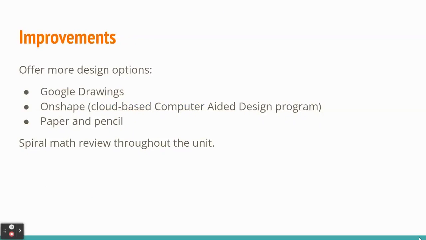After completing this project and reflecting on some challenges that we had during the course of the lesson or the unit, some things that I would certainly improve upon would be offering more than one design option. I would open up choice for students to either use Google Drawings, Onshape, which is another cloud based computer aided design program for 3D modeling, or even paper pencil for students who are more comfortable using paper and pencil to